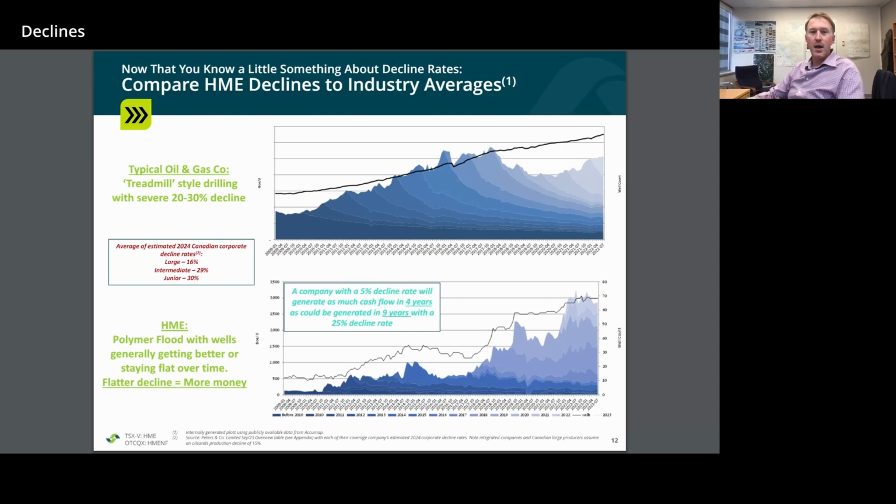They're great companies. But you can see that you take one of those wedges, those shaded areas, that's a drill program. That's a year. So they drilled a bunch of wells in a specific year. But you look at that same wedge of wells and you look 2 or 3 years out, and you can see that those same wells are producing significantly less oil than they were in the year that they were drilled. That's normal. Again, nothing wrong with that. That's typical. It's called the treadmill that we talk about. So we've got to continue to spend a significant amount of our cash flow in order to keep production flat